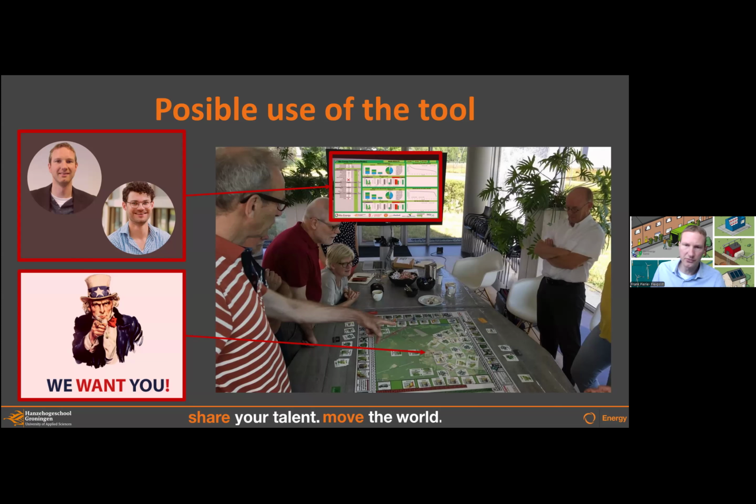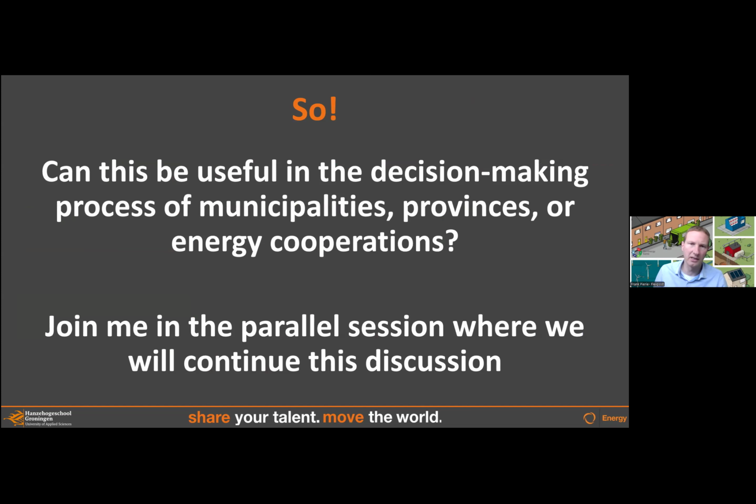This helps decision makers get along as well, because the model I just showed you is way too complex for decision makers. But when you take these decision makers along in the process of planning renewable energy, it gives them the feeling that they understand what is happening, and gives them, let's say, more of a base to make good decisions. This is what we are also focusing on in FlexPost to help them.